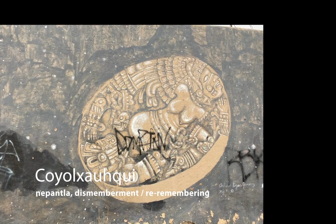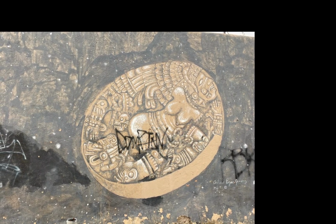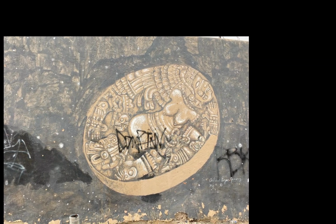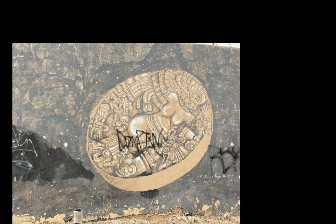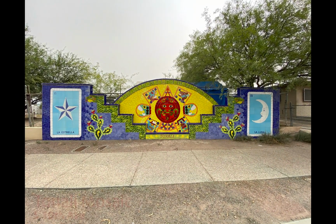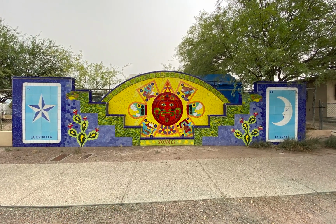And so you can also see that it's been graffitied, which is really sad. A lot of the elders in the community would say, that's a sign of our youth not being connected to their culture and their history, and that's really a sign of a colonized mindset, of internalized oppression, internalized racism, of hating one's own culture. So this mosaic was made by a youth group, Youth Art Collective, and it's representative of